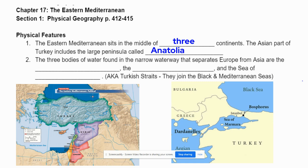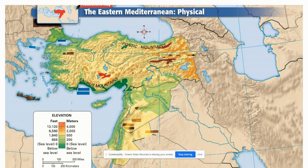The three bodies of water found in the narrow waterways that separate Europe from Asia are the Dardanelles, which you can see pictured off to the right, the Bosporus, which is kind of near the city of Istanbul, and the Sea of Marmara, which is sometimes known as the Turkish Straits. It really joins the Black and Mediterranean Seas. And you can kind of see a little bit of the physical geography here. Turkey itself is a very mountainous area, but we also have some areas here that are very close to sea